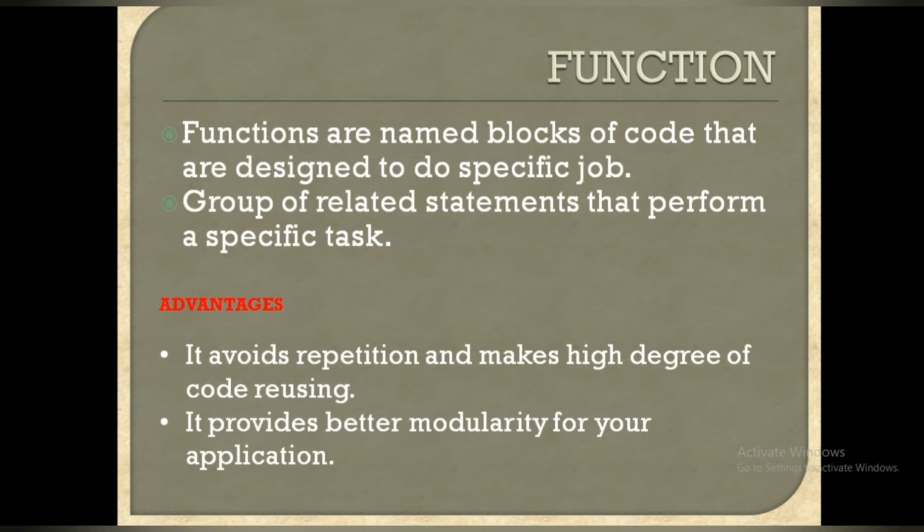What is meant by a program? Programs are sets of instructions. Functions also have a set of instructions. A small set of instructions is known as a function. It is used to perform a small task, that is, a specific job. A function is a group of related statements that perform a specific task. We already know what is meant by statements. Each and every instruction written in the Python programming language is known as a statement. So a function has a group of related statements that perform a specific task.